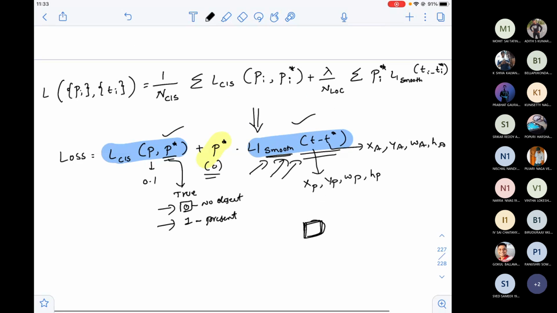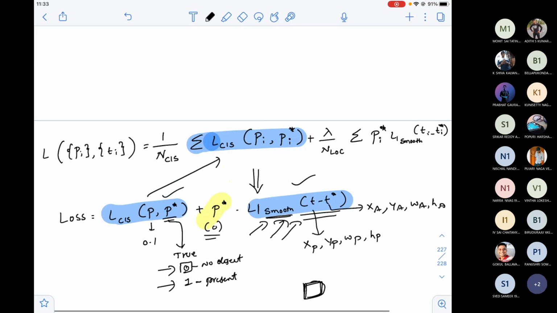Now let us come back to the above equation. Slowly we'll understand. P is the same thing that you see here. Now what is the difference? You see P i and P i star. What is i here? i stands for the anchor box number for a particular cell. So P1 anchor box, P2 anchor box, P3 anchor box. For every box that you propose, whether the corresponding object exists or not is the basic idea.